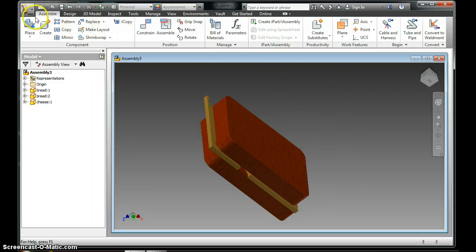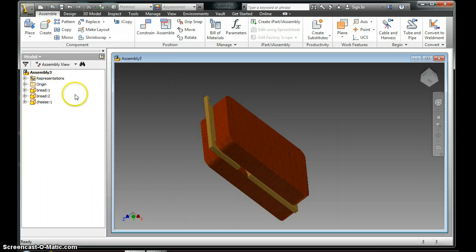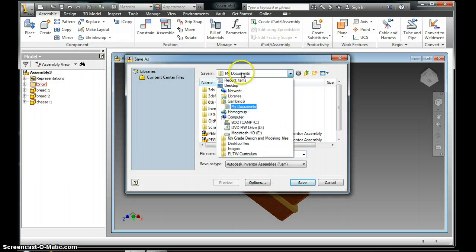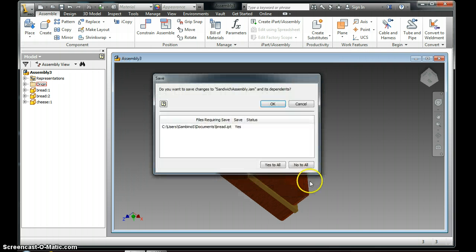Now I'm going to just save it. So I'm going to go to Pro, Save As, and then make sure that you choose your number, and then my documents. Mine says my name and my documents, and I'm just going to name this Sandwich Assembly, and you can hit save. It's asking me if I want to update it. I'm going to say okay,